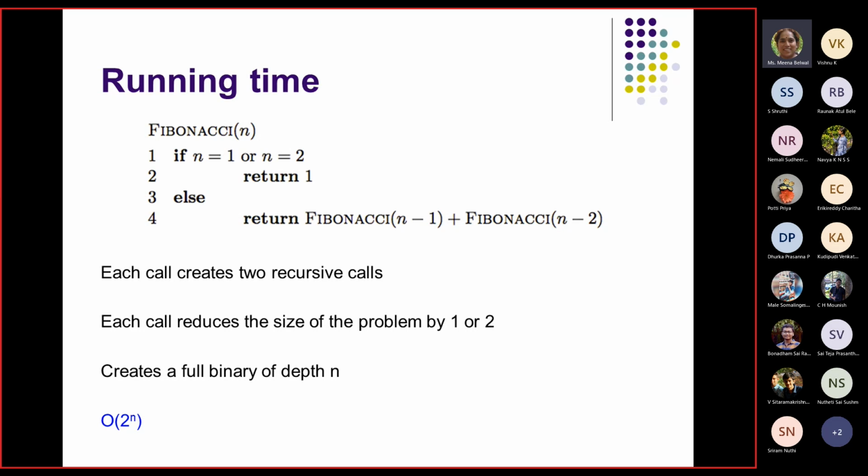Yes, tell me. Am I audible, ma'am? Yes, you are audible, Priya. Yes, ma'am. So the if condition, it should be equals to 0 now, ma'am. Because suppose the user gives the input as 2.